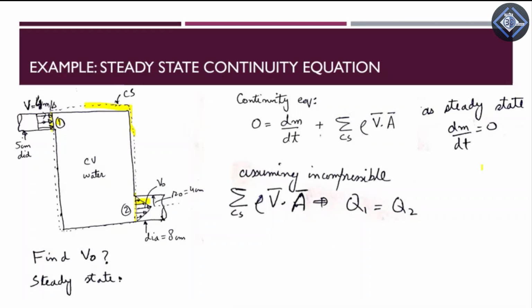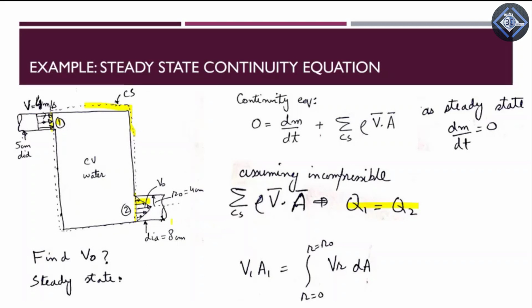So assuming incompressible, because this is water, we can safely assume this to be incompressible. Summation of rho v dot a over the control surfaces, with this being incompressible flow, we can just say that this is equal to q1 is equal to q2, that is volumetric flow rate at section 1 must equal volumetric flow rate at section 2. So the volumetric flow rate at section 1 will be written as V1A1, where A1 we will calculate the cross-sectional area using dia is equal to 5 centimeter,